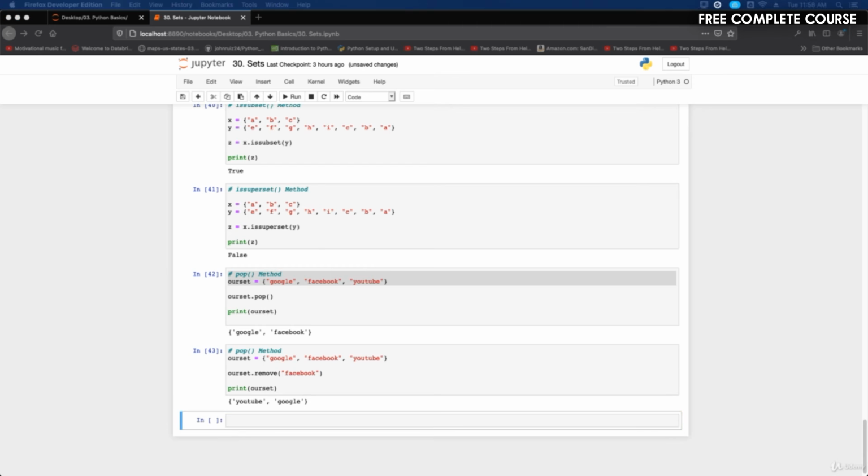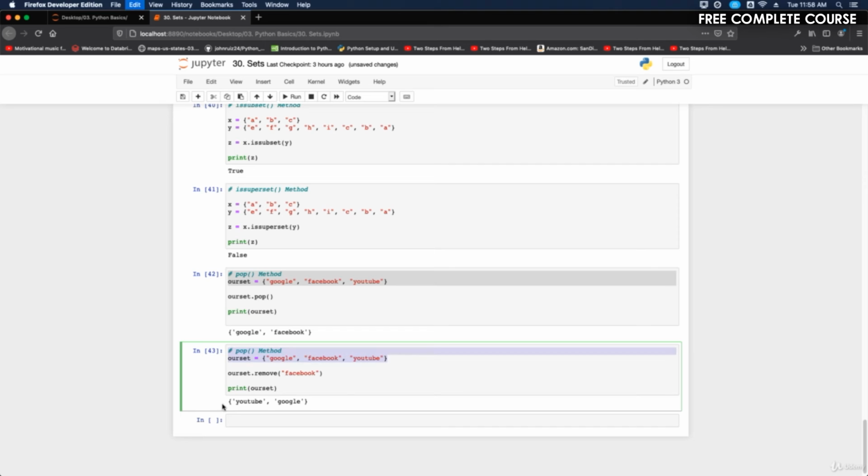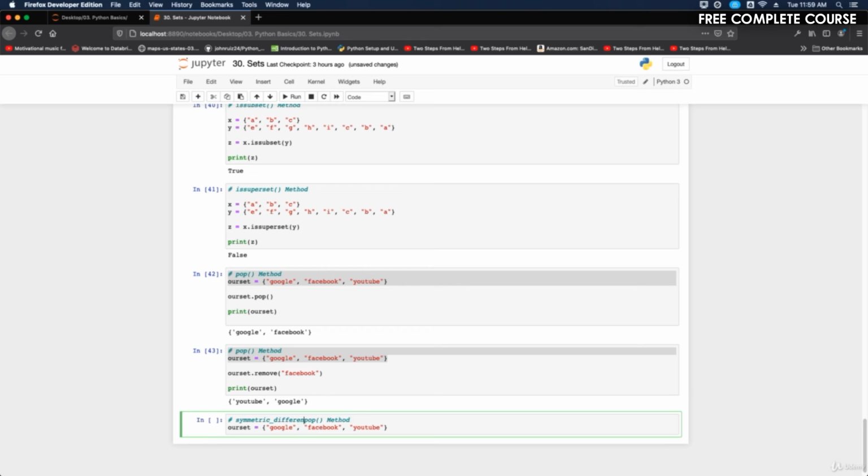And then we have symmetric difference, which returns a set with a symmetric difference of two sets. So for this, again, we'll use the same code here. I'm going to use this right here. We'll paste that down here. And then what we're going to do is go over here and we'll do symmetric_difference method. And then down here, what we'll do,